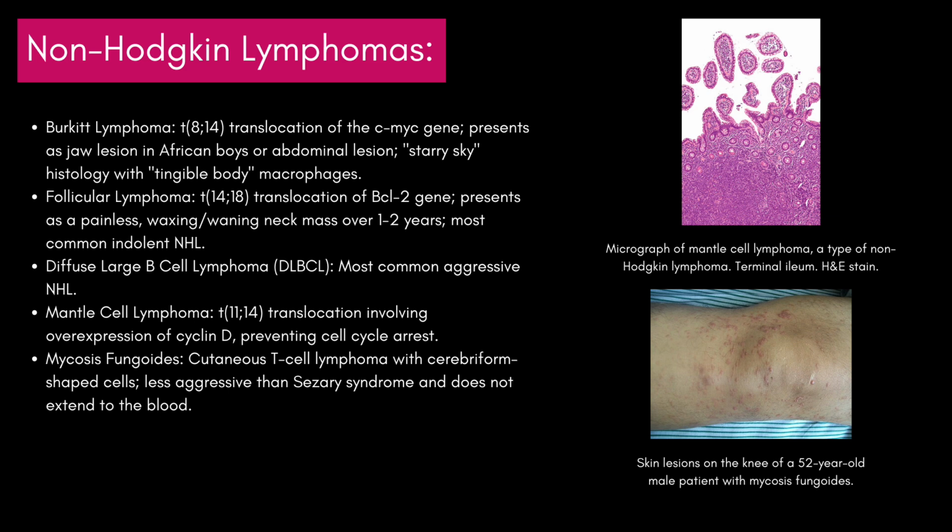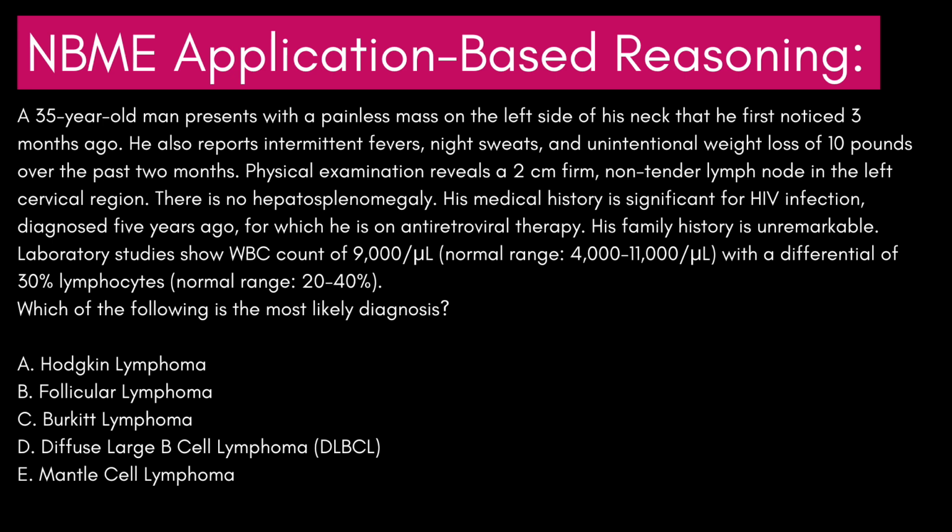All right, guys, now that we have covered all of the content, let's go ahead and take a look at some questions to review the knowledge you have gained so far. A 35-year-old man presents with a painless mass on the left side of his neck that he first noticed 3 months ago. He also reports intermittent fevers, night sweats, and unintentional weight loss of 10 pounds over the past 2 months. Physical examination reveals a 2 centimeter firm, non-tender lymph node in the left cervical region. There is no hepatosplenomegaly. His medical history is significant for HIV infection, diagnosed 5 years ago, for which he is